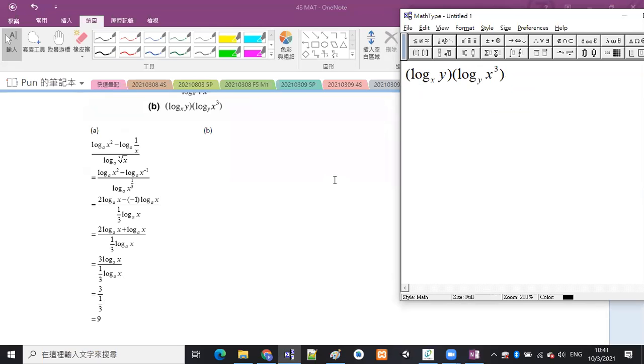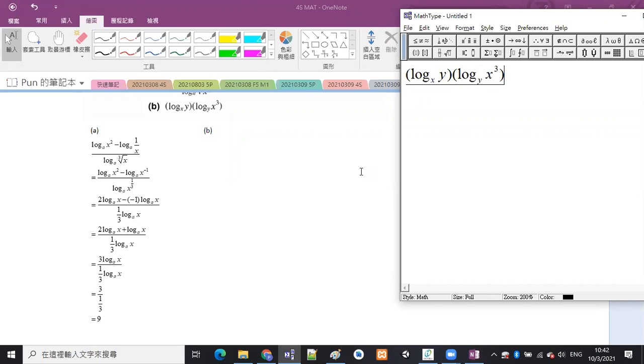OK, 好啦，嗱呢度嘅兩個 log 相乘，記住我哋冇任何公式係可以即刻處理嘅。但係我哋留意到，呢條題目有兩個 log，一個係 base x，另一個係 base y。OK, we have different bases in the logs